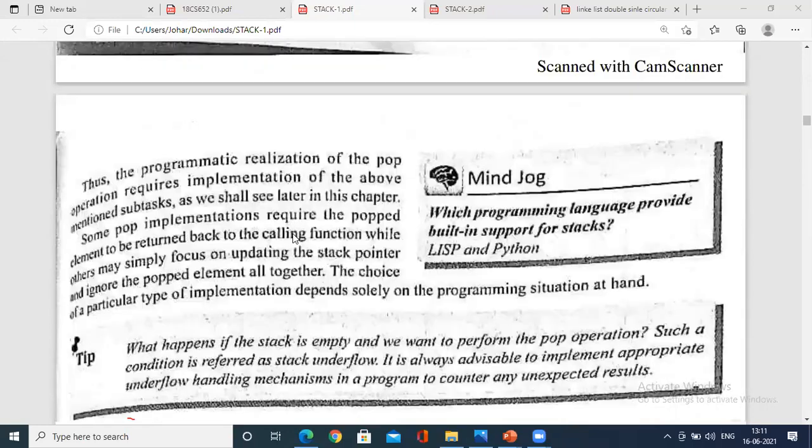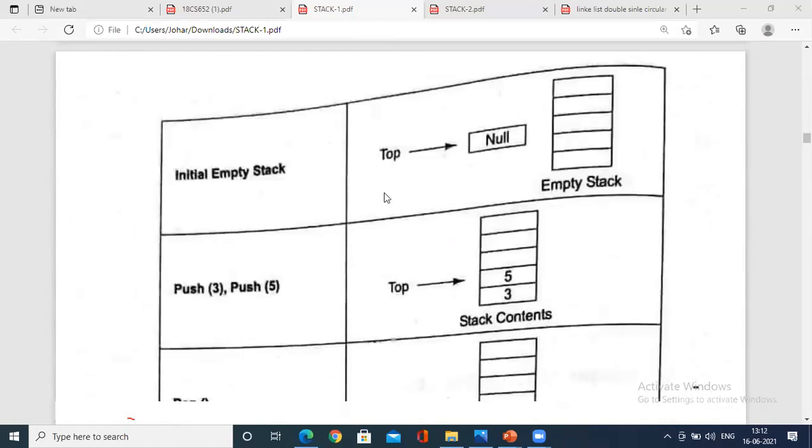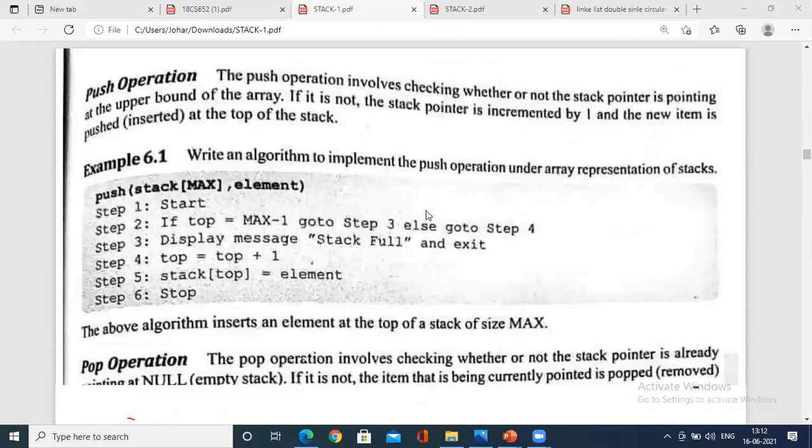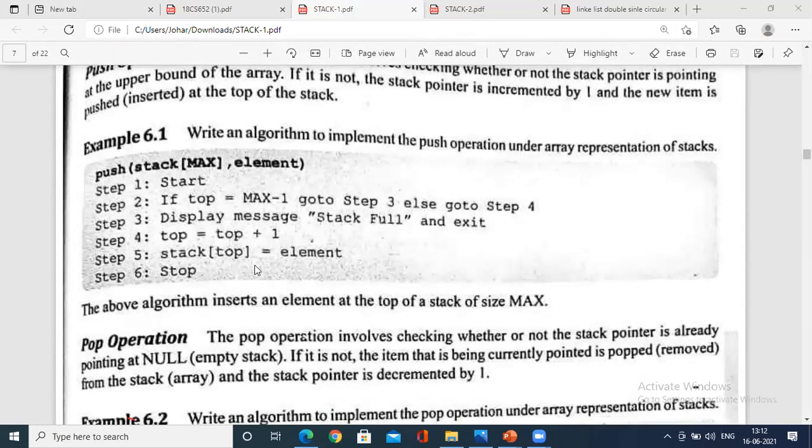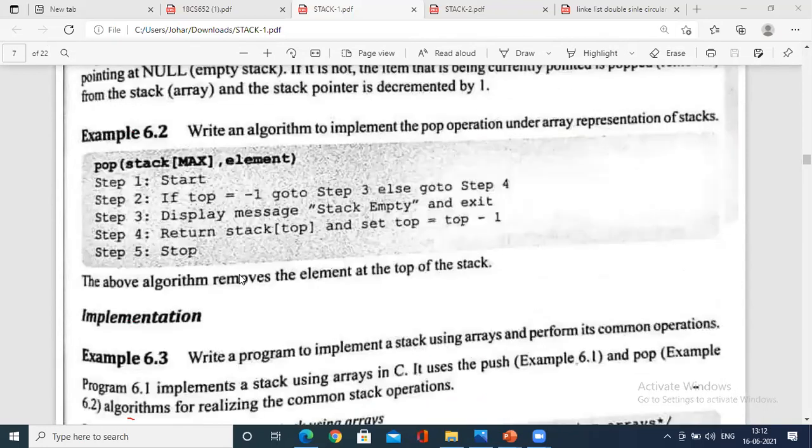What is push, what is pop? With a diagram, you should be able to explain the push or pop operation for an array. Then the algorithm: in pop, you validate top equals to -1, return stack of top and set top equals to top - 1. In the program, how has it been written?